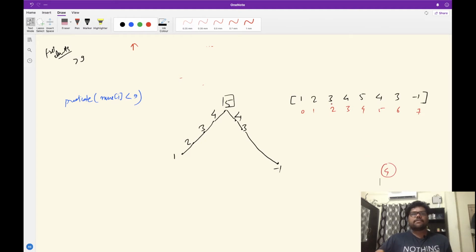Now we talked about the predicate. The predicate in our earlier example was that the element should be greater than 9. In this kind of data set, what could be the predicate that can be used to apply binary search?